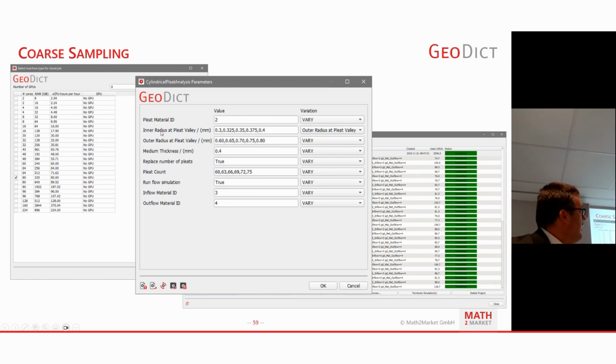I just use the inner radius as half of the outer radius for this purpose. And we have the pleat count going from 60 to 75. So this makes 30 test cases. And then, well, actually we can close this parameter window here. If I then click run, it would do the 30 calculations sequentially on my machine.